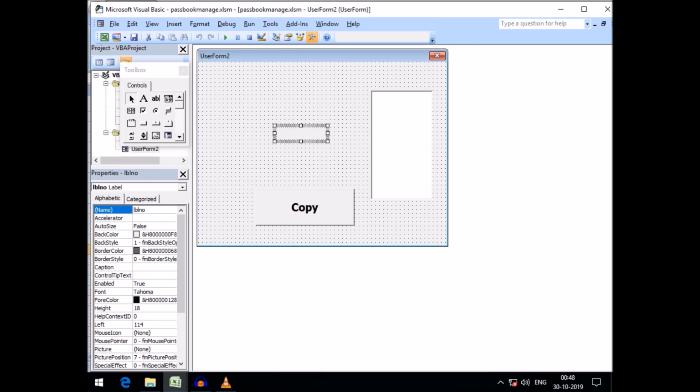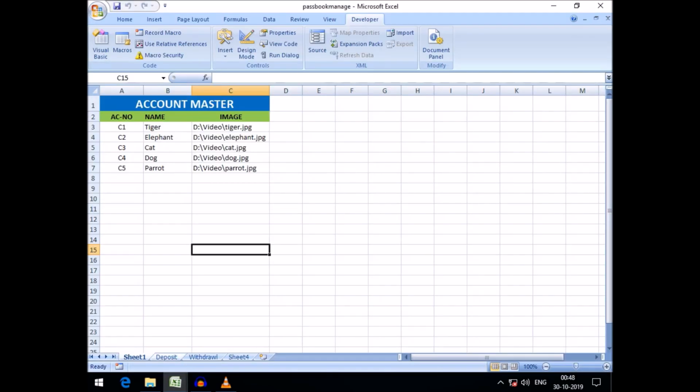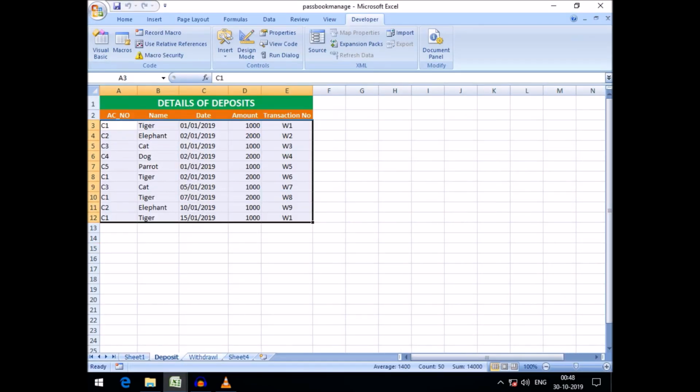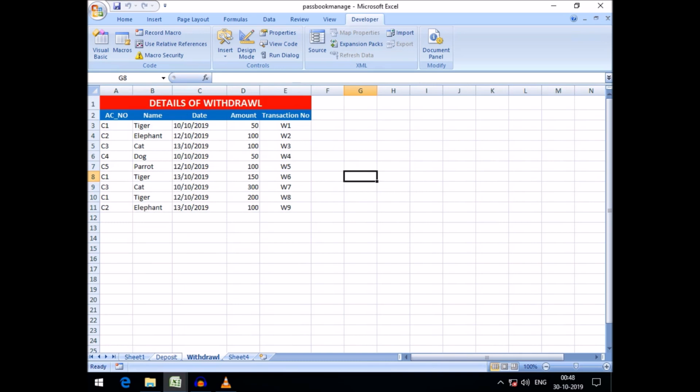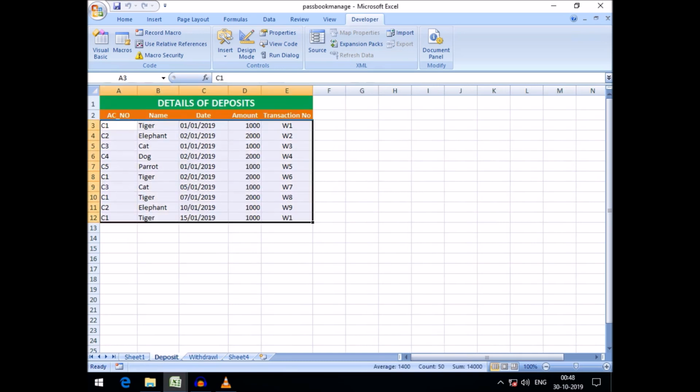Then the account number displayed in this label will be checked with the sheets, say the deposit sheet, or we can take the withdrawal sheet. Suppose first of all we take the deposit sheet,